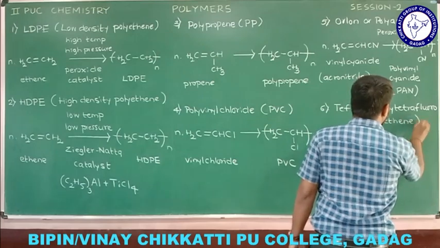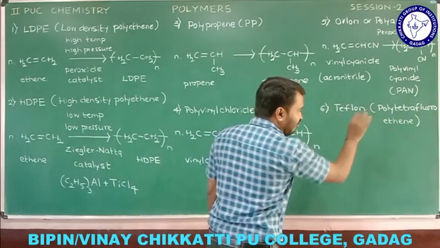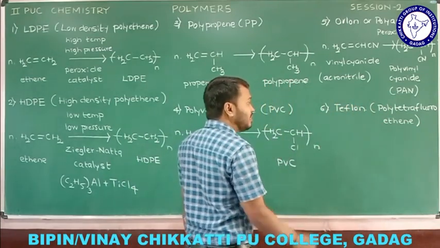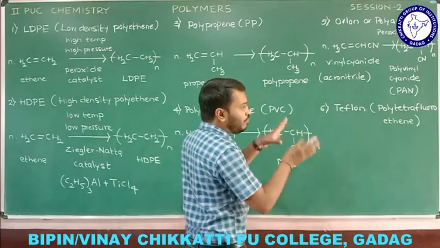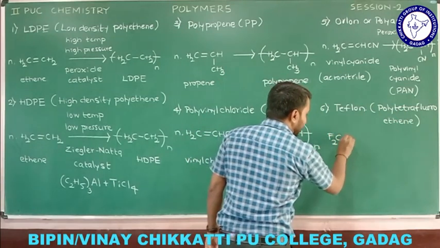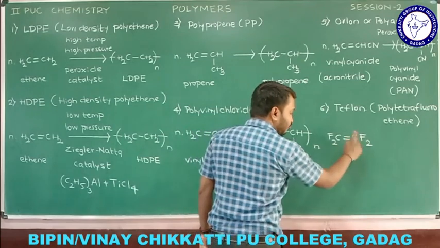polytetrafluoroethene. Polytetrafluoroethene is the name, that is nothing but Teflon. We'll see what the monomer would be. Polytetrafluoroethene, the monomer will be tetrafluoroethene. So how am I supposed to write it? CF2 double bond CF2. See here, four fluorines we have,